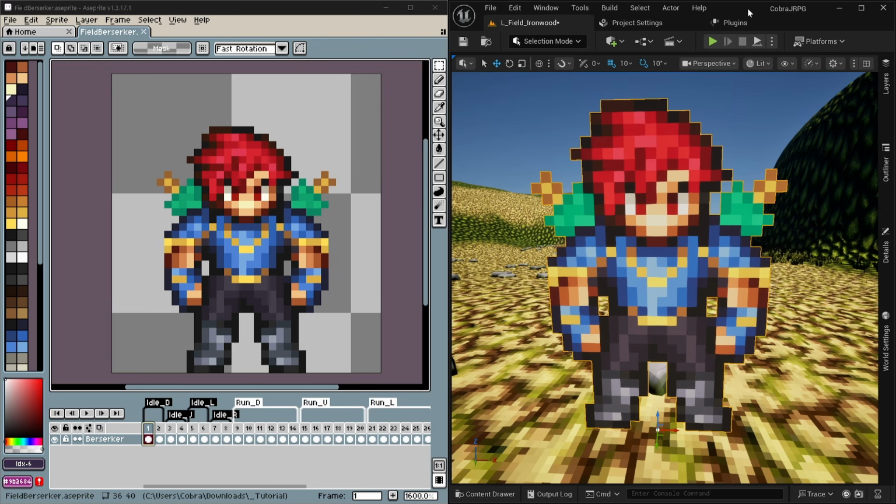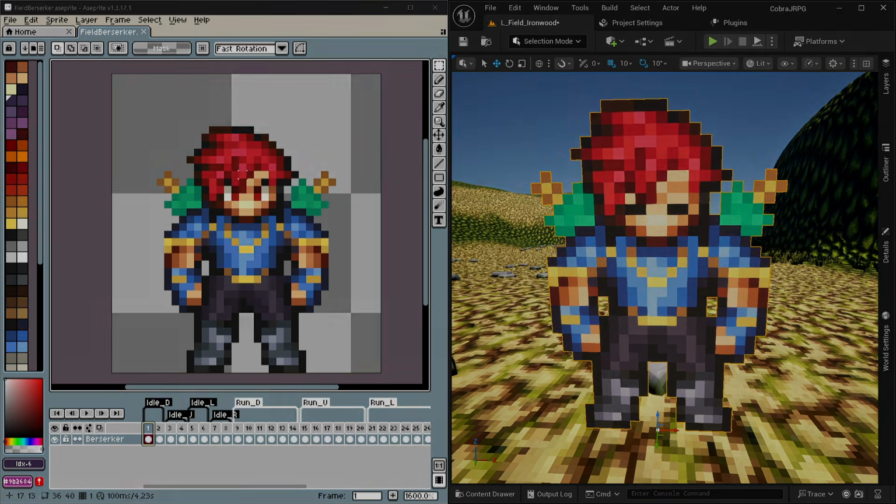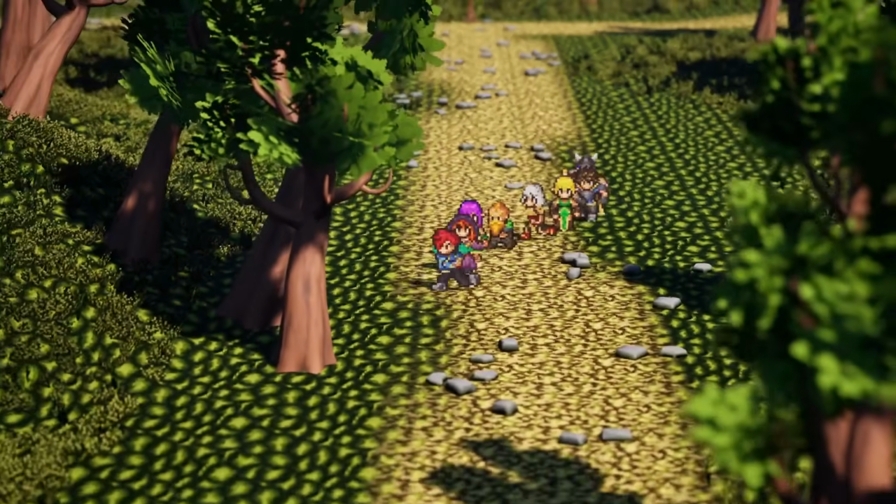But what really is the best thing about this whole workflow is what I'm going to get into now, because directly importing the Aseprite file allows us to keep on making changes as we develop our game and instantly apply them to Unreal Engine. And by the way, the characters and the project files I'm using here for demonstration are